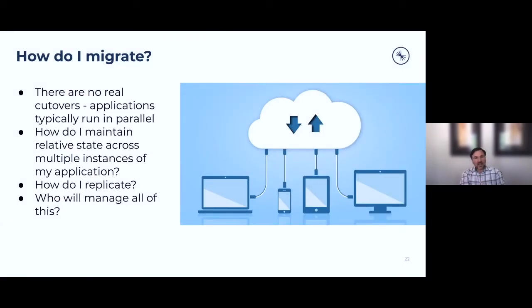And then figuring out how you actually do this, I think this is probably one of the most challenging things, right? Are you going to set up a point-to-point connection between them? How do you ensure, if you're doing that, you're keeping everything in sync, right? If you're going to do a cutoff, how do you schedule that? Who's going to be responsible for all this as well, right? Is there a dedicated team within your agency that's going to handle all of this? Are there standards that you have to adhere to?